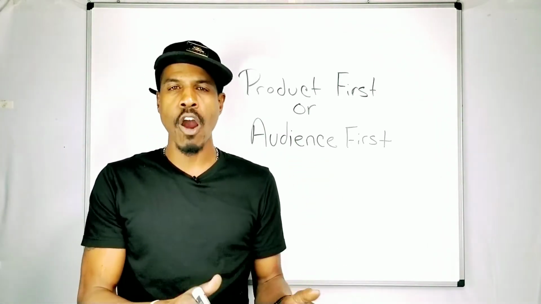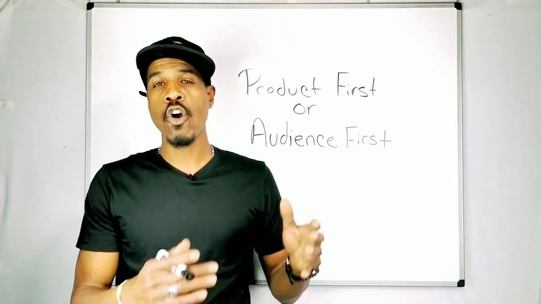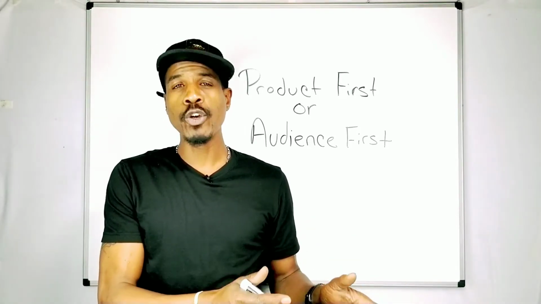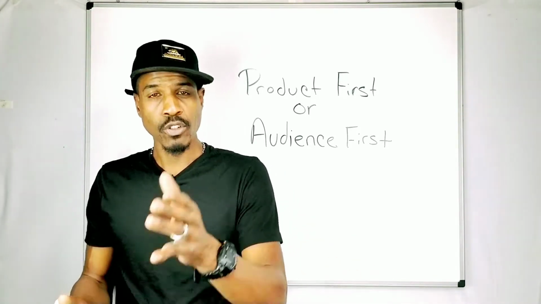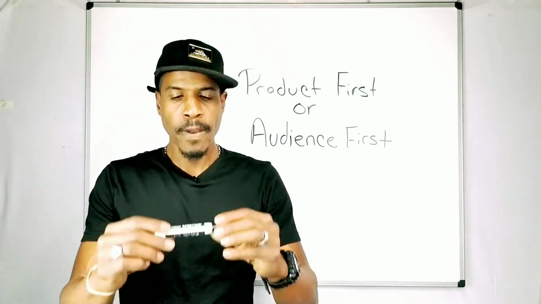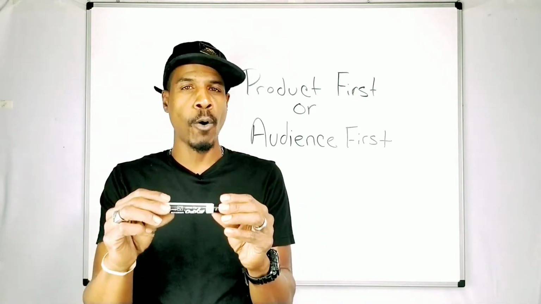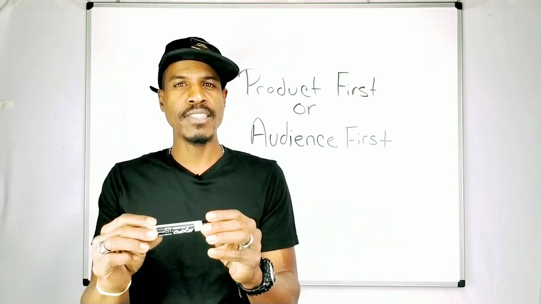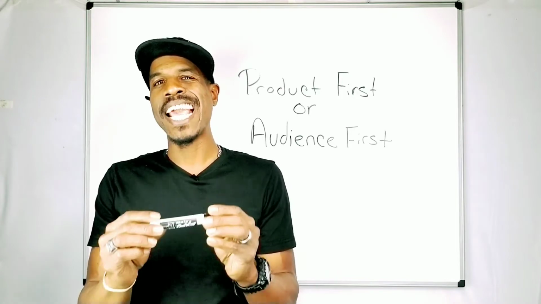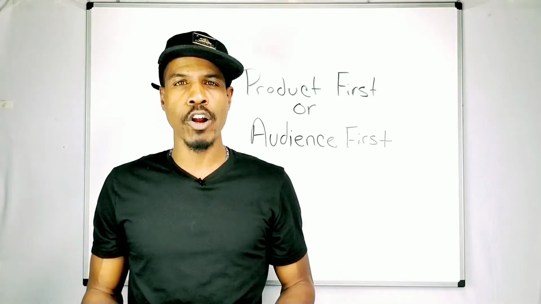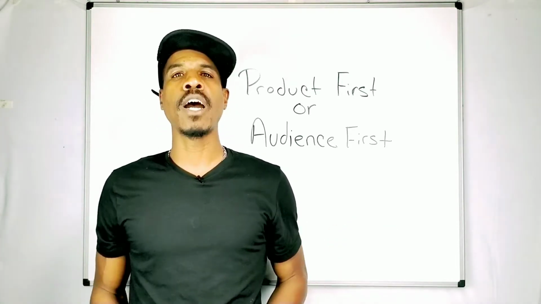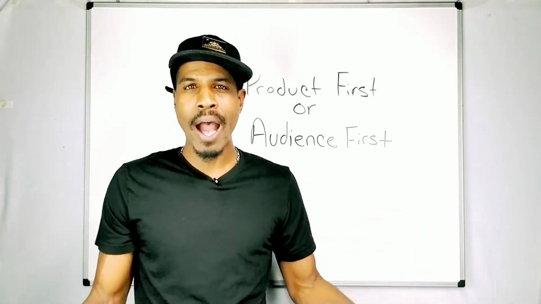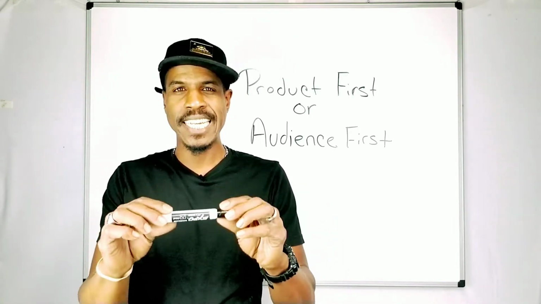Traditionally speaking, when you're starting a business, especially one online, there are two schools of thought. You can start with the product first, or you can start with the audience first. So here's what I mean by starting with the product first. Anyone can pick up an Expo pen or decide that they want to sell and promote Expo dry erase markers. And once you decide that you want to sell Expo dry erase markers, your job, in short, then becomes to go out and show other people a need for this marker. Your job is then to go out and convince other people that they need this marker.